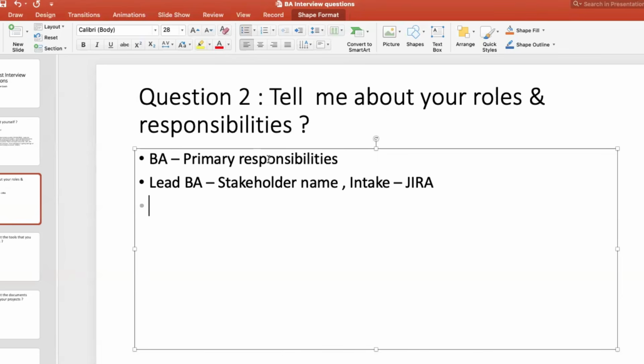Like I said, before even scheduling calls, I will identify other stakeholders. I will ping the primary stakeholder and ask them, do you have other stakeholders? Who are the SMEs? I will try to get the contacts. Then as much as possible, I will see whether we have an existing project similar to this new project.